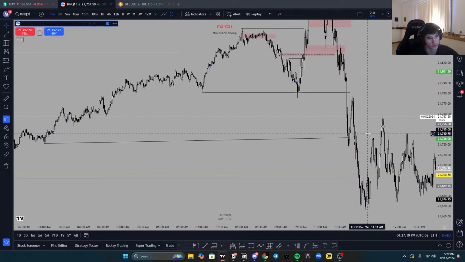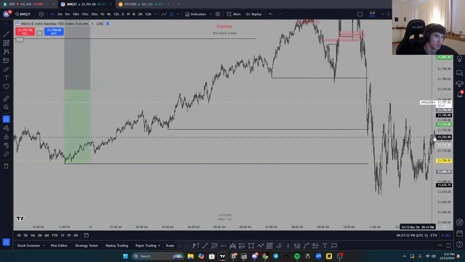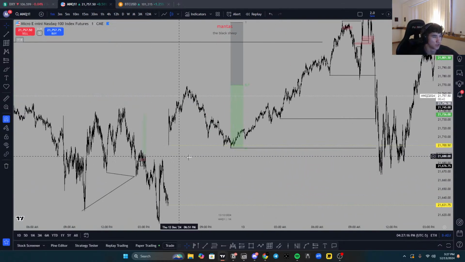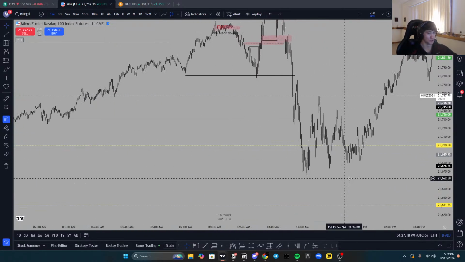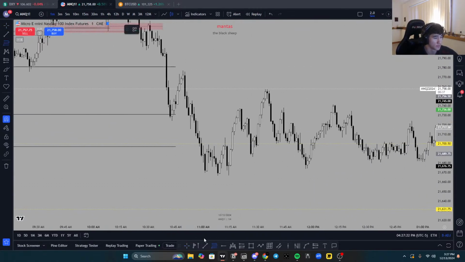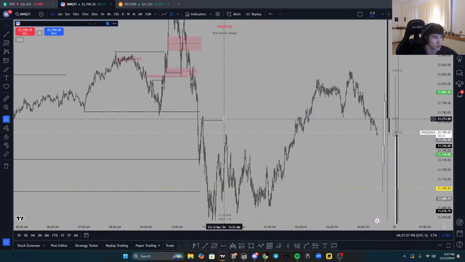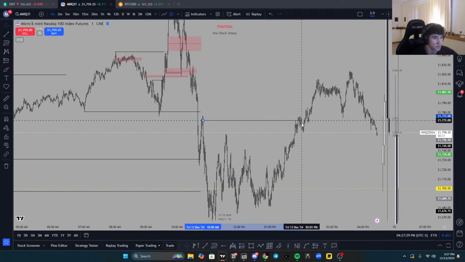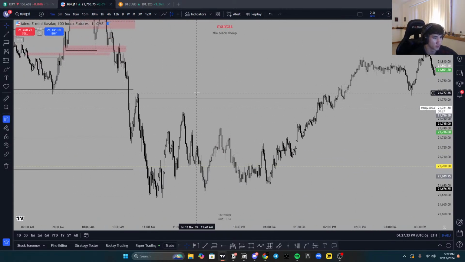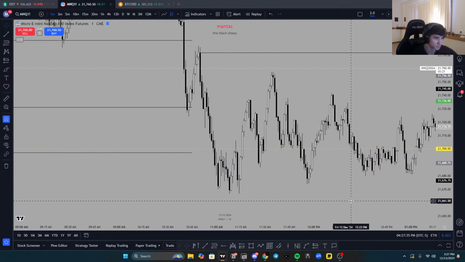We kind of had a Gen 4 trade, which I haven't taught yet. But we have the run of the Asia lows along with our new day opening gap that we ran into. And this is going into the 1050 macro. So we had the 1050 macro right up here, this is the open of it. And I was looking for this to be our draw on liquidity. I'll explain more in the future, but this open specifically is a strong draw on liquidity.